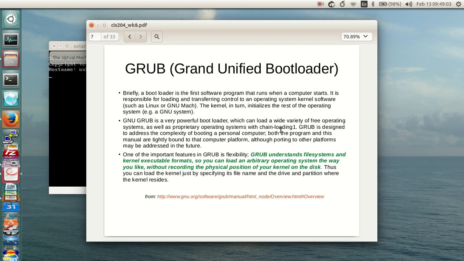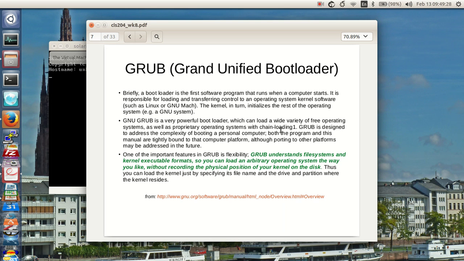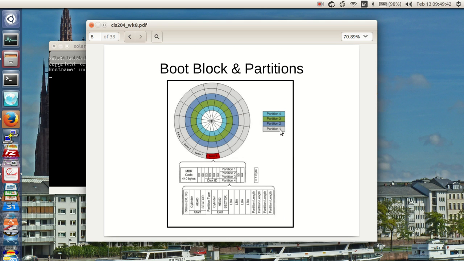If you remember that picture of the PDP-1 that had all those toggle keys on the front of it, the way you booted a PDP-1 is you told it physically where the first block of the boot kernel, the boot record, was. So you actually toggled in the address of where the kernel was stored in order for that machine to come up. With GRUB, it knows basically how to go in and find the kernel and execute it. So there you go.